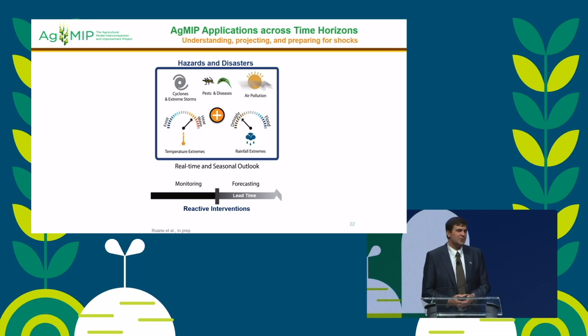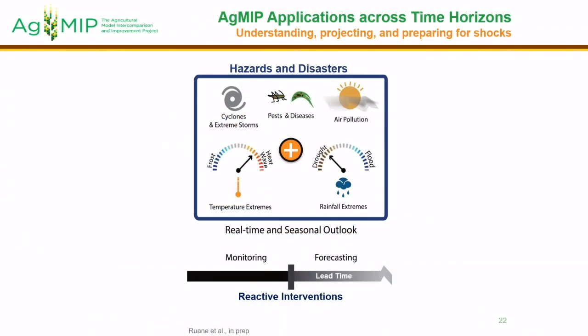So the fundamental process, of course, is based on models responding to key environmental changes. These include things like cyclones and extreme storms, but even more fundamentally, extremes of heat, from frost to heat waves, extremes in the water cycle, from drought to flood, additional challenges like air pollution and ozone, as well as pest and disease pressures. And this orange plus in the middle is carrying a lot of weight, because this is just a small sample of what we now know are a tremendous list of conditions that put pressure on agricultural systems.